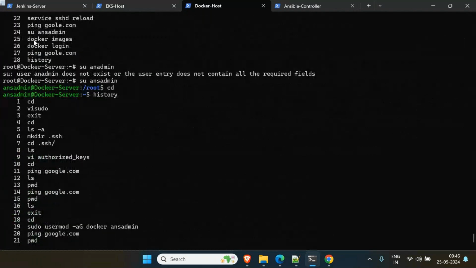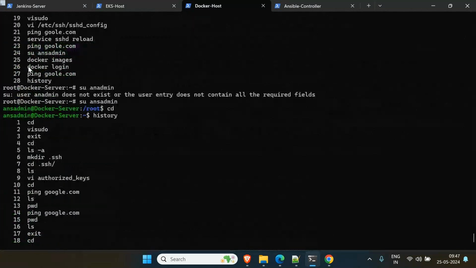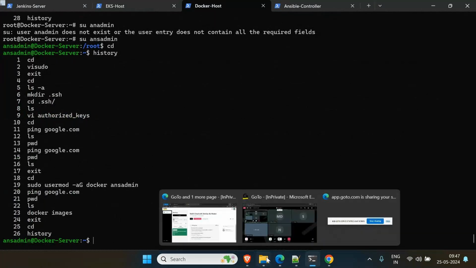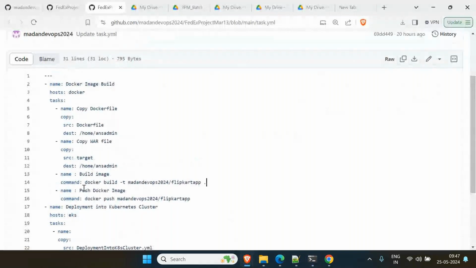Both are different. There are 28 commands here, 26 commands there. So what we did here, we added the Ansible user to the Docker group. Why? Because we allowed the Ansible user to run it. That is the reason it was able to build this. Now to run this,